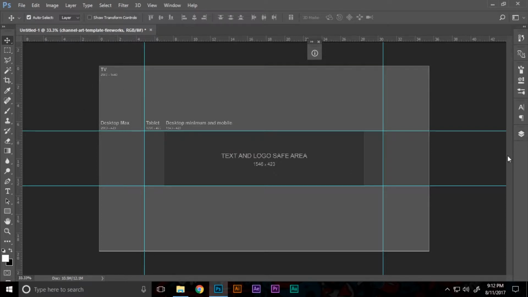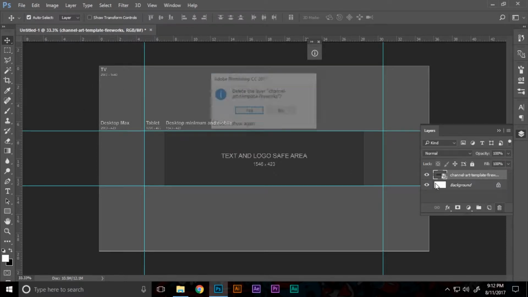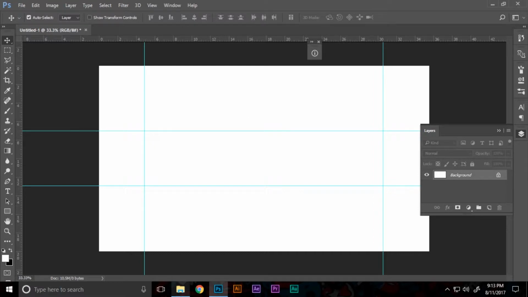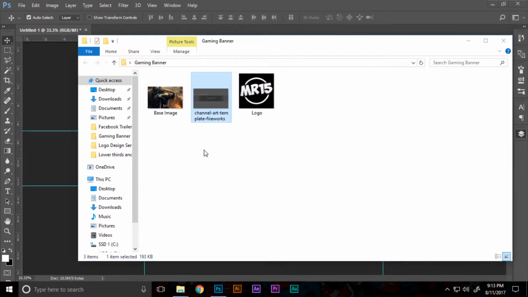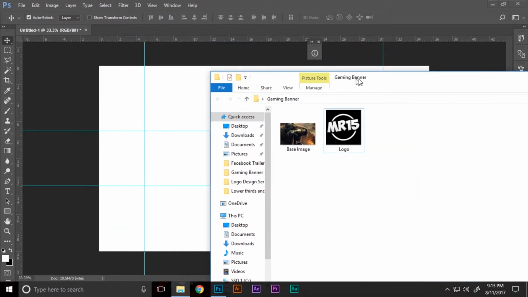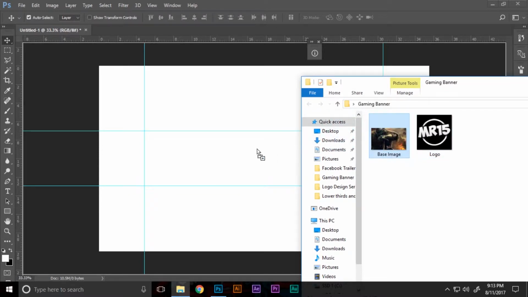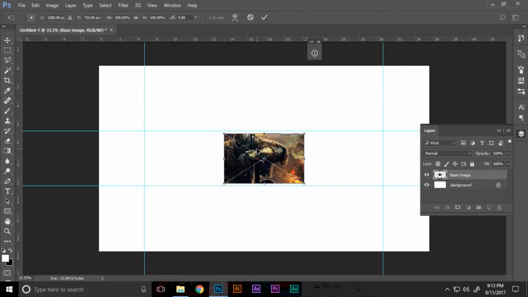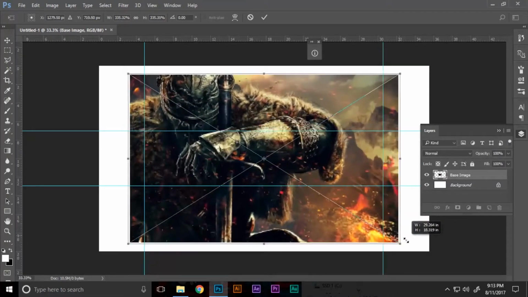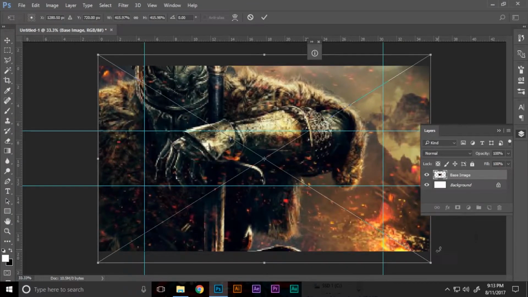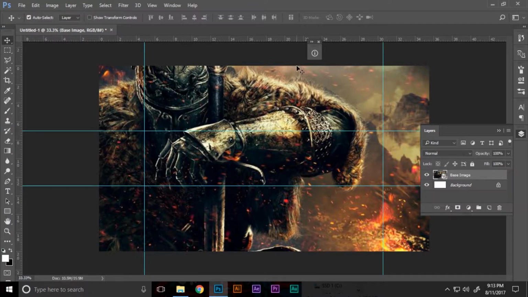Now let's just delete the template. We just wanted that for this purpose. Now you can also delete it from here. Now you can drag and drop the base image onto the Photoshop interface, and let's increase the size of it to cover the whole canvas. So basically, now that our canvas is filled, we can